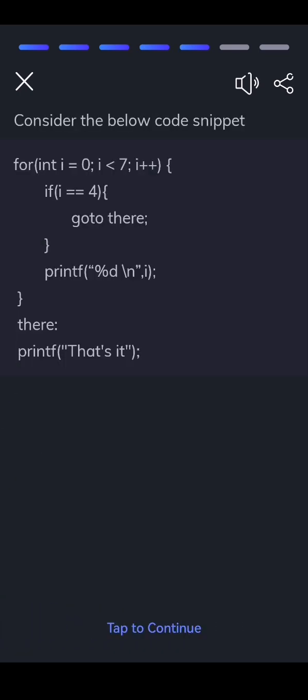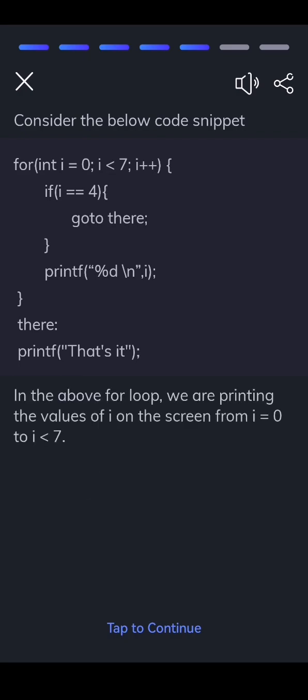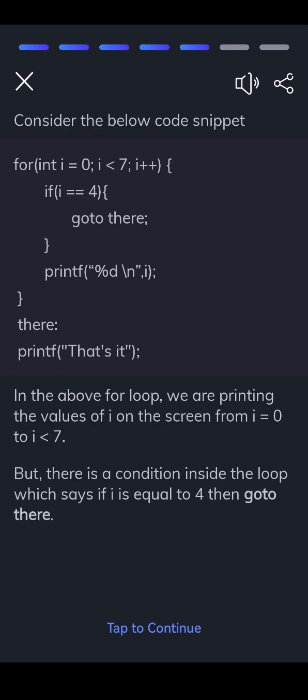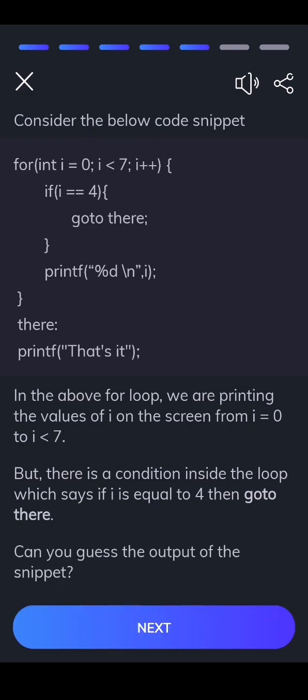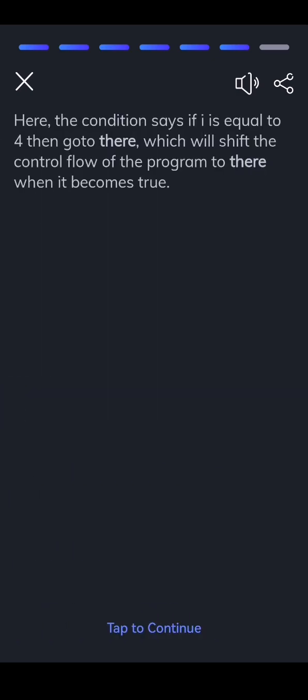Consider the below code snippet. In the above for loop, we are printing the values of i on the screen from i equals 0 to i less than 7. But there is a condition inside the loop which says if i is equal to 4 then goto there. Can you guess the output of the snippet? Here, the condition says if i is equal to 4 then goto there, which will shift the control flow of the program to there when it becomes true. Thus, the output of the above snippet will be